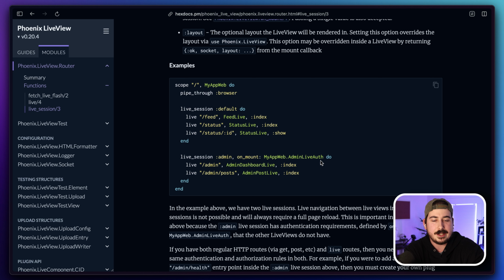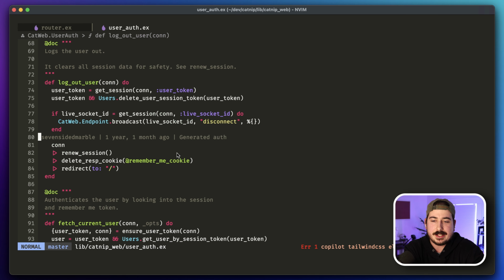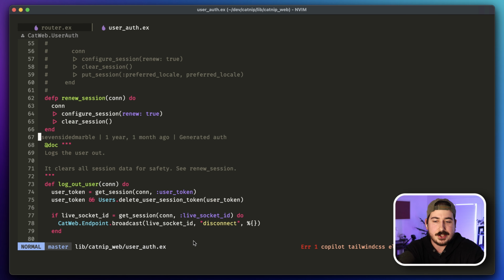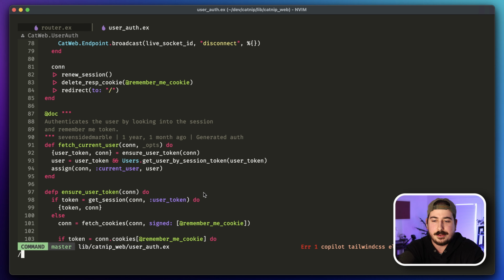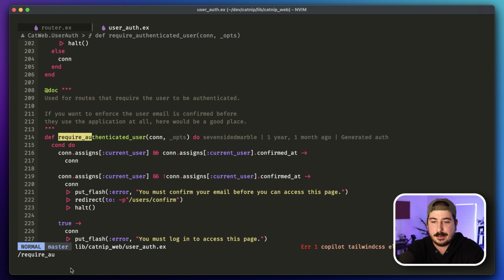But this is how you would handle authorization in your live views, and the plugs is how you would handle it everywhere else. But you have to do it on both sides for everything to really work properly. And it's really easy to extend what Phoenix gen auth gives you, the generators. If we were to look at one of these plugs, like require authenticated user, we could very easily